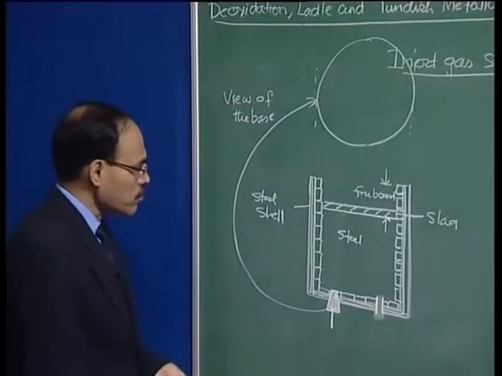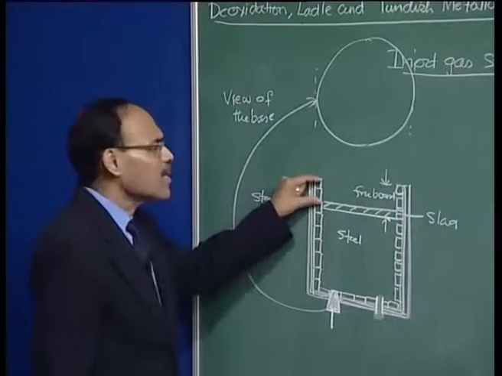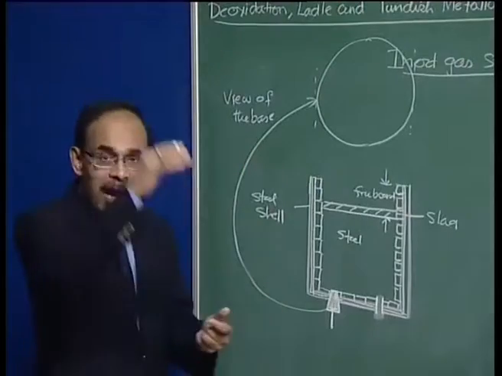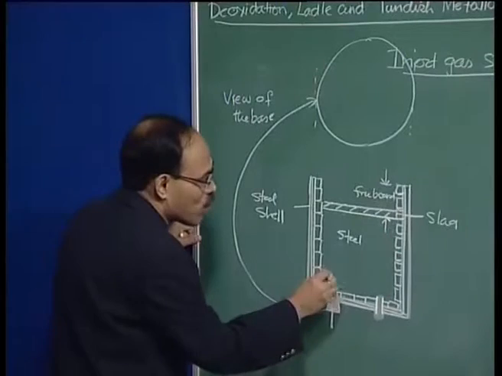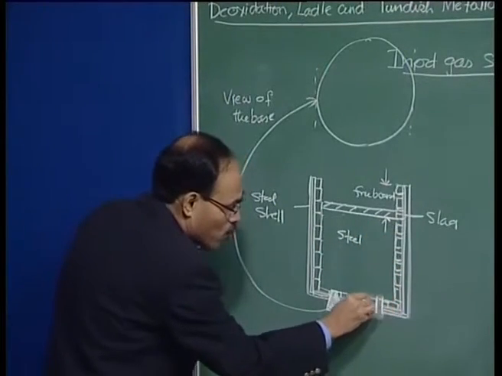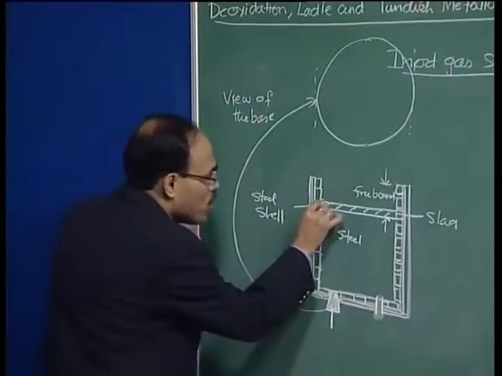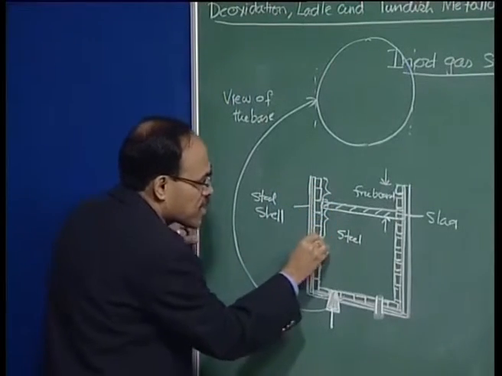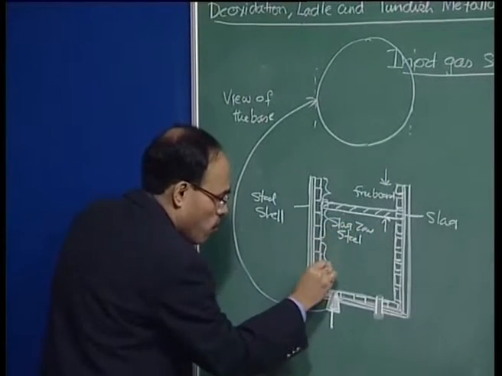Now, the lining on the freeboard is not critical for us, because it is not subjected to much hydrodynamic erosion. Mostly the chemical and hydrodynamic erosions are going to be over these surfaces. These are the surfaces which are going to be attacked severely by molten metal and slag, and this zone we can divide roughly. This is the freeboard zone, and then we can say that there is the slag zone, and then we have this metal zone.